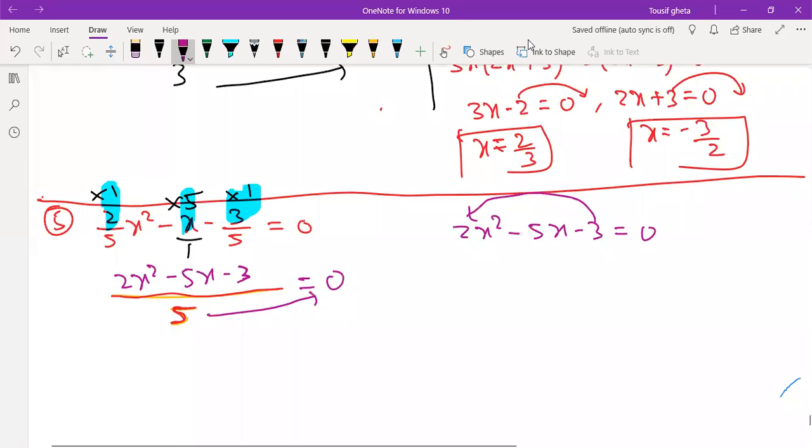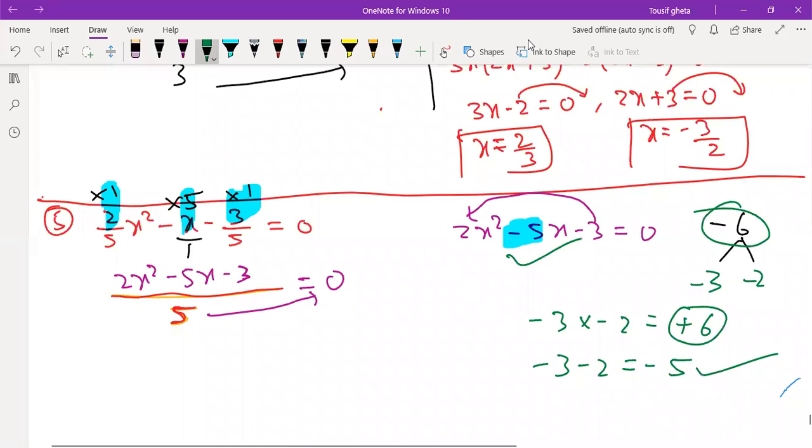Minus 3 into 2, what will we get? Minus 3 into 2 will get minus 6. So we need minus 6 and we need here minus 5. Most of the students have gone for this number, 3 twos are 6, and they took minus 5, they want, so they went minus 3 minus 2. Okay, so they are not sure with the sign. Minus 3 into minus 2 will get plus 6, whereas you need minus 6. Yes, minus 3 minus 2 will give you minus 5. This is correct, but plus 6.